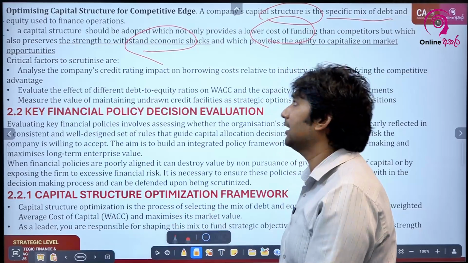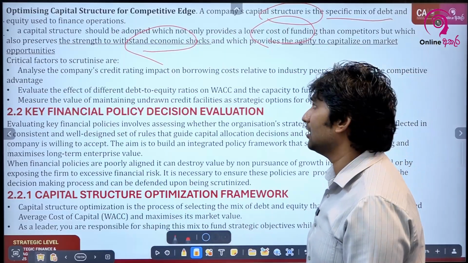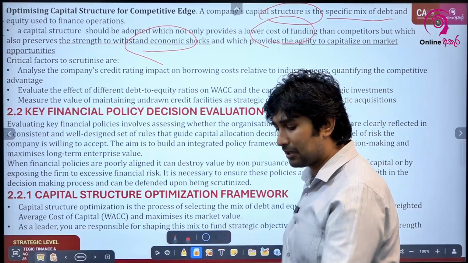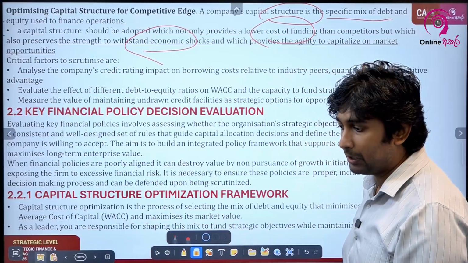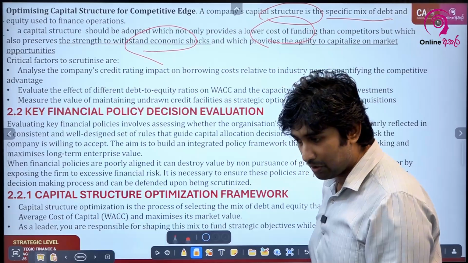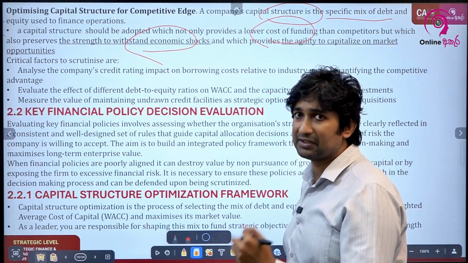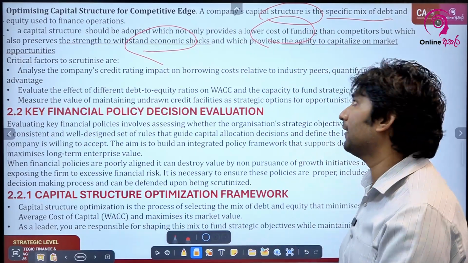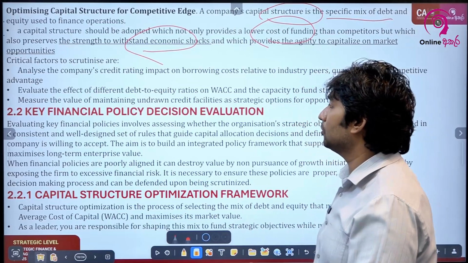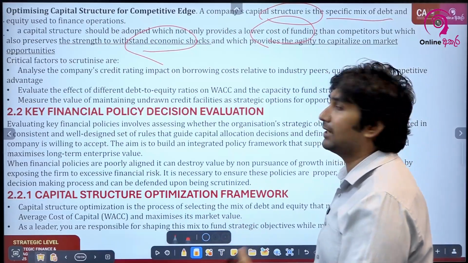has a further strategic dimension to it, where the capital structure that you have should help the organization to manage economic shocks. If your key customers, for example, let's take the apparel industry, if USA and UK stop buying garments from Sri Lanka, we should have an adequate capital buffer in order to sustain our operations until we find a new overseas buyer. So you should maintain a capital structure that helps the organization to withstand economic shocks